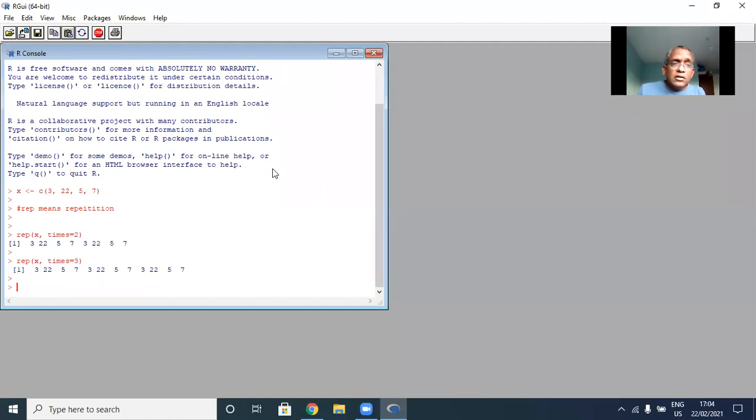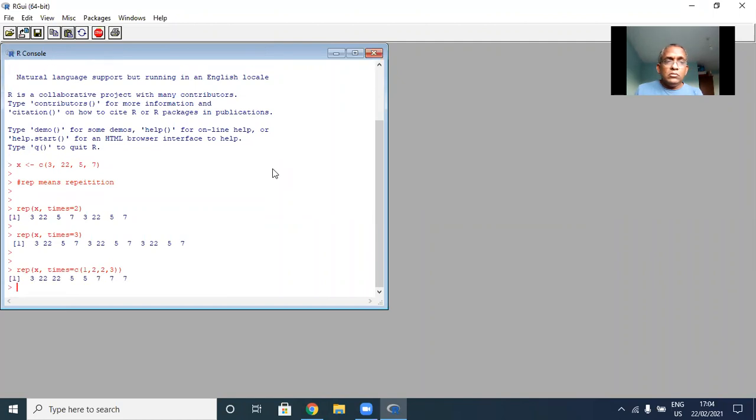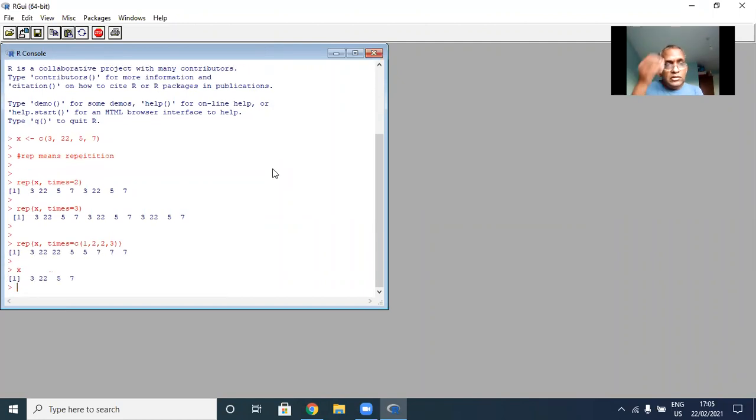You can repeat it as many times as you want. Now you should type something like this. It repeats the first element 1 time, the second element 2 times, the third element 2 times, and the fourth element 3 times. So you get this